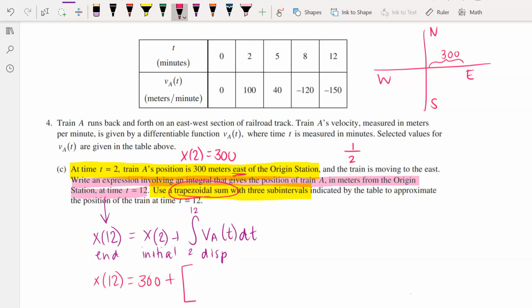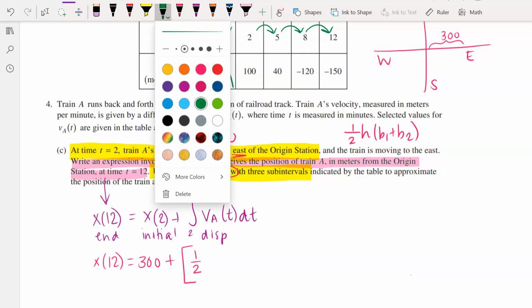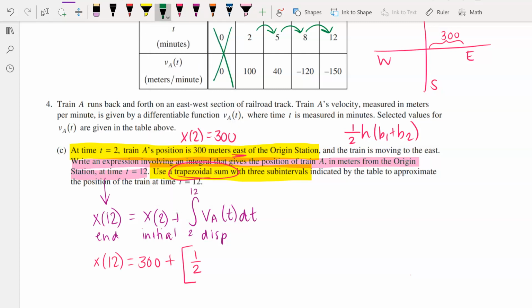Trapezoid area formula is 1/2 the height times the sum of the bases. So I would end up with 1/2. My height is my change in time, which is 2. We've got to be careful. We are starting at time 2, so I actually don't need this interval right here. We're starting at 2, so we have 1, 2, 3 subintervals. So my height or my change in time from 2 to 5 is 3 times the sum of my bases, which are